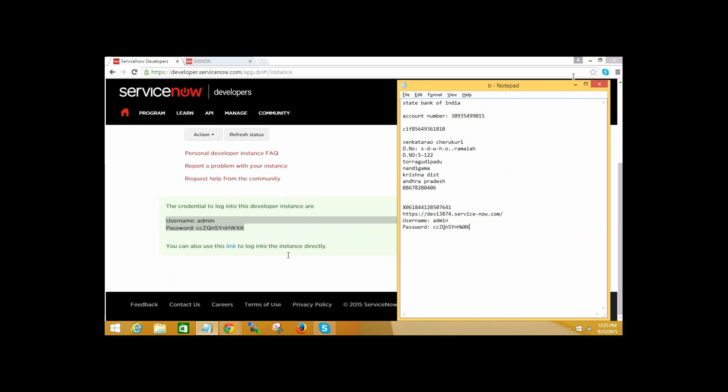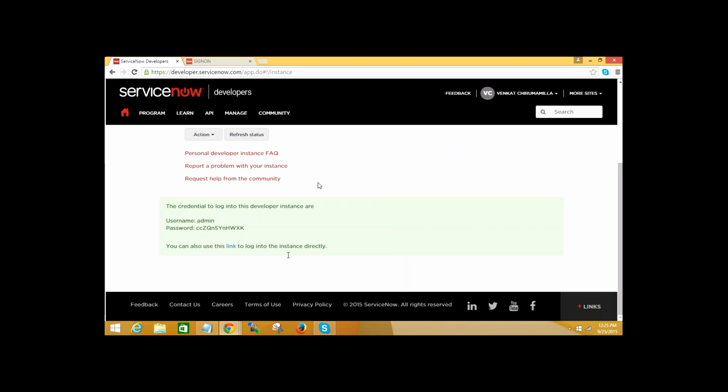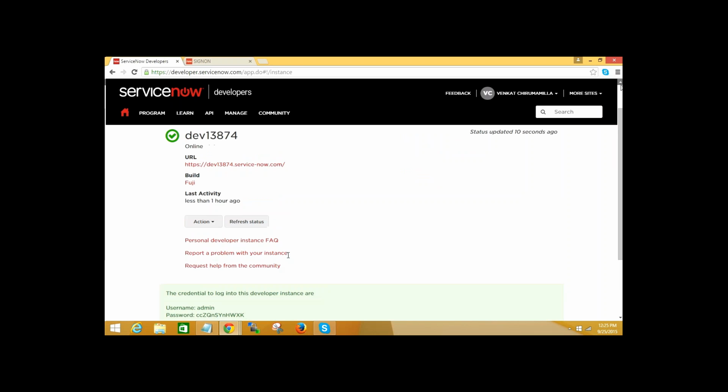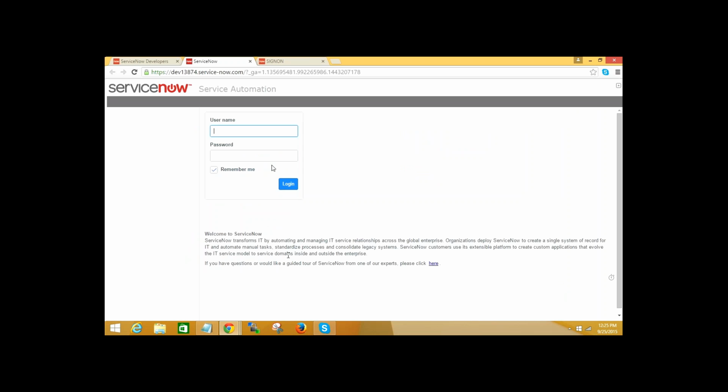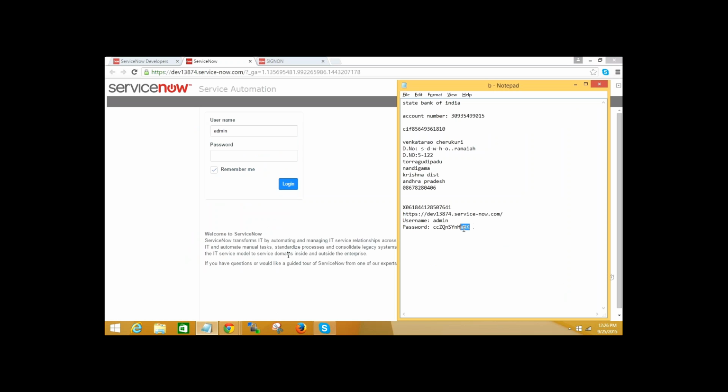Okay, fine. So now everyone click on that link. Venkat, you go above and click on the URL, or copy and paste from your notepad is also fine. Every time you want to log in to the service now, use the same URL, and the user ID is the same, admin. Username is admin, and copy and paste the password, which will be difficult to remember, from the notepad. So everyone do the same.